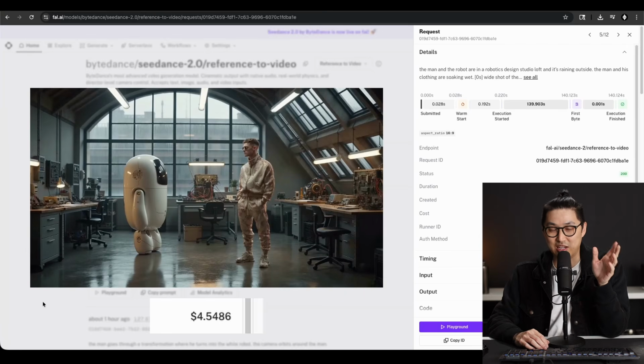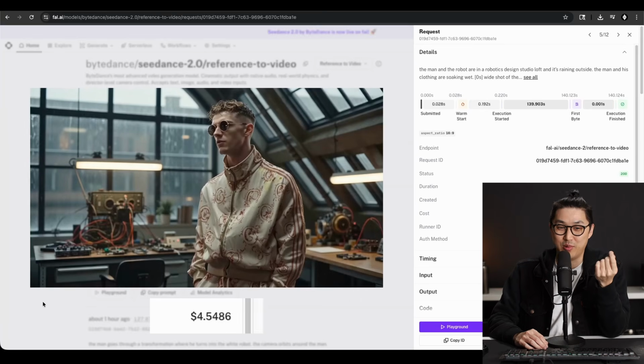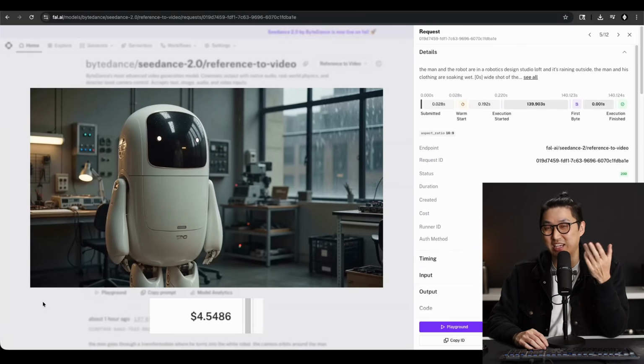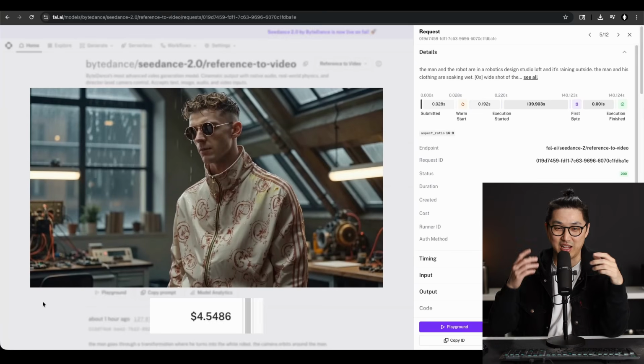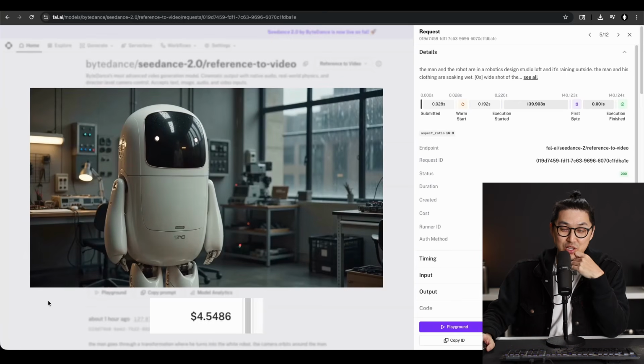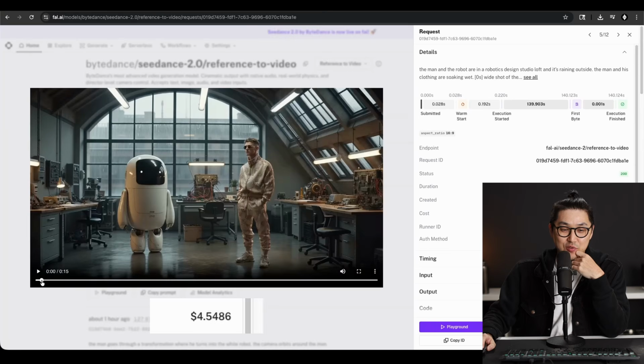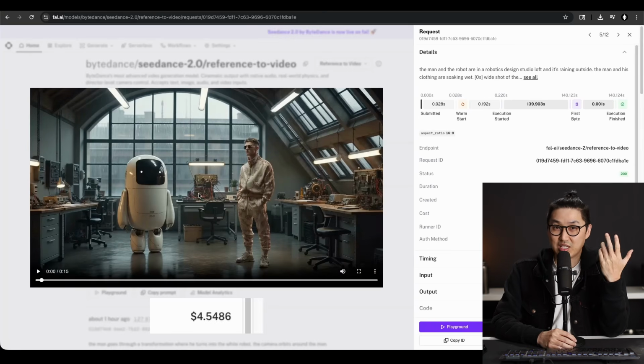In the wide shot, not so much. It also made the robot a little bit wet, which continuity-wise wasn't the best, but that's setting the scene and it being rainy. Really, really good, actually. So if we go to the first frame again, remember that we only gave it a reference of the